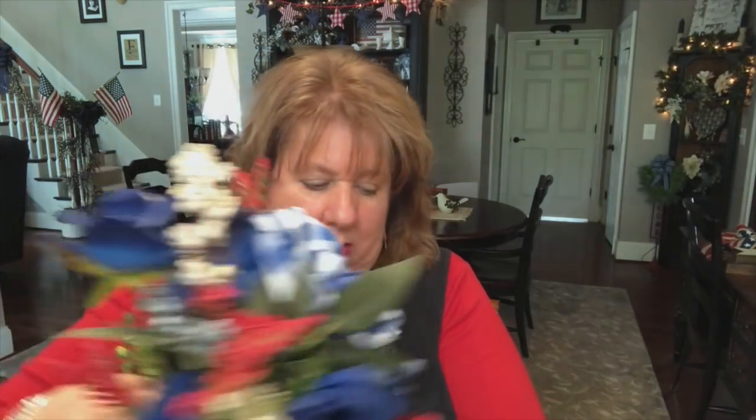I have put out some flags, I'll show you. And I'm going to change a couple of candles out and a couple of sconces that I have. Other than that, I'm going to use a picture that Miss Rhonda Penny colored for me that I bring out every year for the Patriotic. So anyway, let's get started. I don't want to keep you forever and a day here. I am going to do this bow tutorial, and then we're going to pour some sand in these little jars. And then I'm just going to set everything out, and that'll be it for this video. It's not going to be too long or arduous today, but let me move the camera here